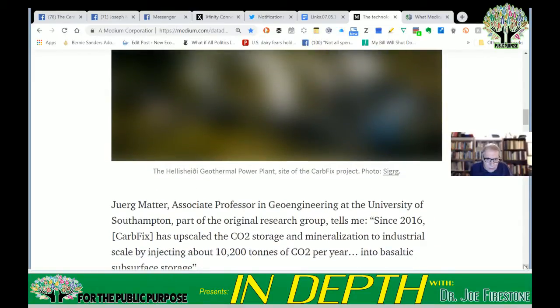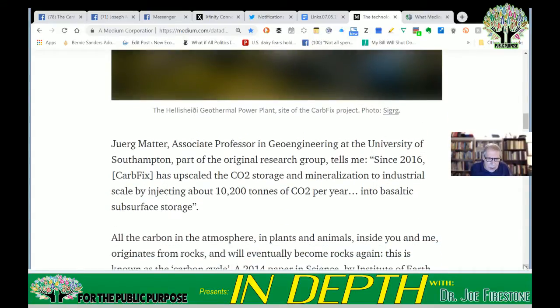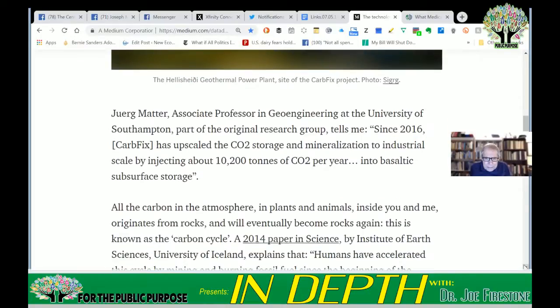And there's a photo of the Hellisheidi geothermal power plant, site of the CarbFix project. There's just not much to see in the photo, I'm afraid. Okay, but anyway,